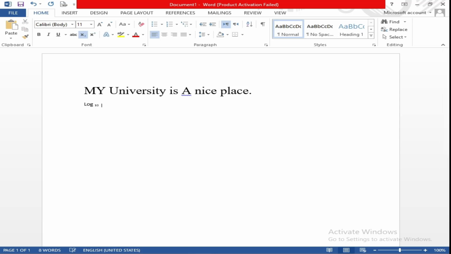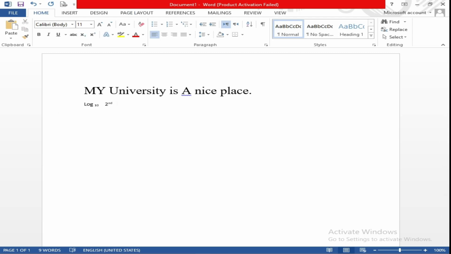After that, if you want to, for example, write second, you first have to uncheck this. After that, if you want to write second 2D, it will automatically do.